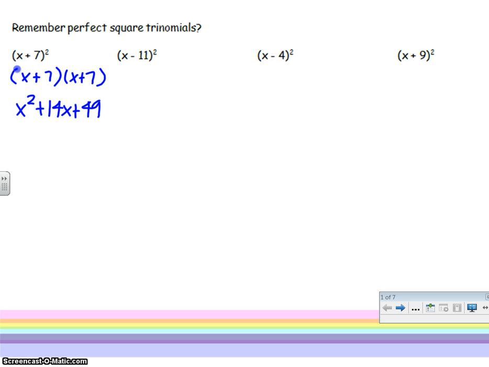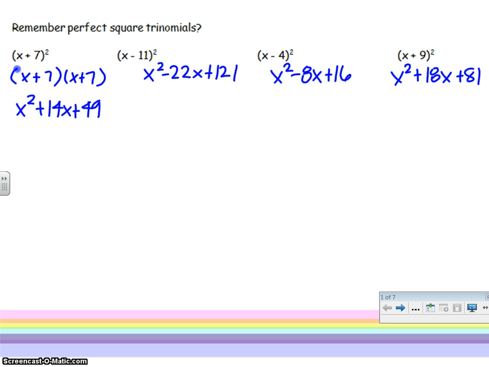So when we go ahead and complete the rest of these, x minus 11 quantity squared will be x squared minus 22x plus 121. X minus 4 quantity squared will be x squared minus 16x, whoops, no, minus 8x, good call, Cash, plus 16. And then x plus 9 quantity squared will be x squared plus 18x plus 81. Hopefully we see the relationship between this number in here, the 9, we would just double that to get the